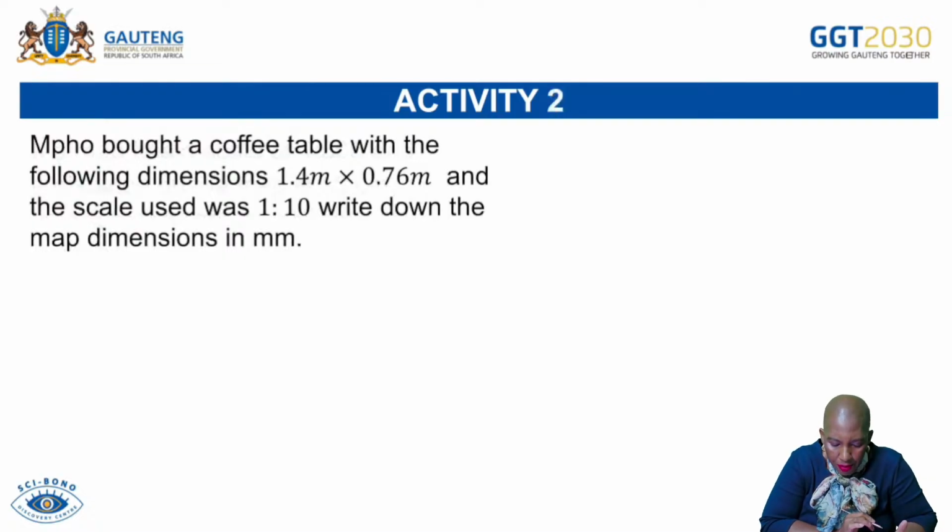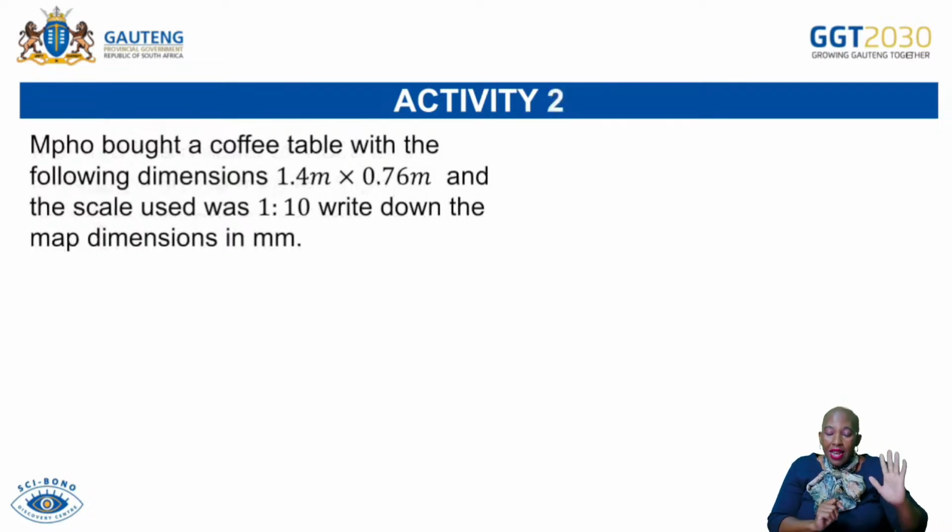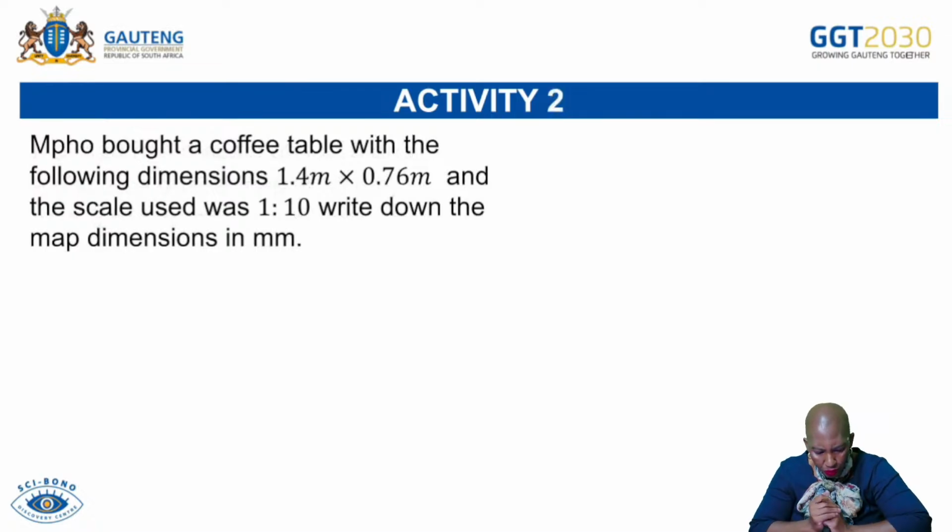Now let's see. Number 2, activity 2. Mpho bought a coffee table with the following dimensions: 1.4 meters multiplied by 0.76 meters. So meaning the length is 1.4 meters, and then the width is 0.76 meters, and the scale used was 1:10. Write down the map dimensions in millimeters. So it means here our scale is in millimeters. Therefore, what we do,